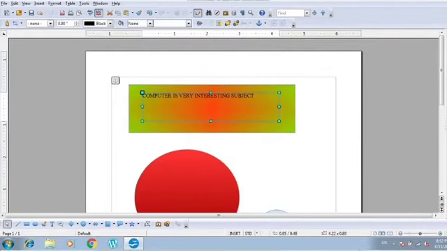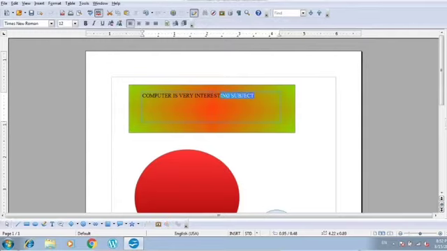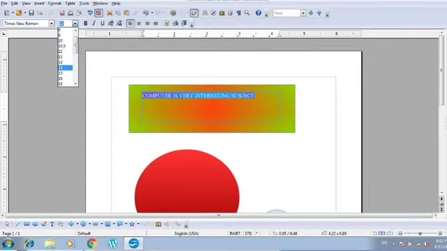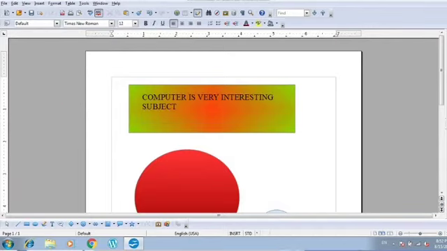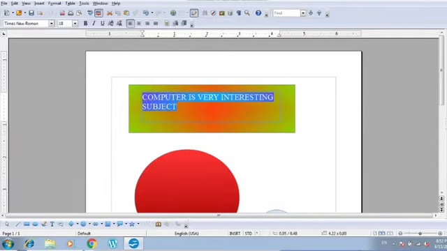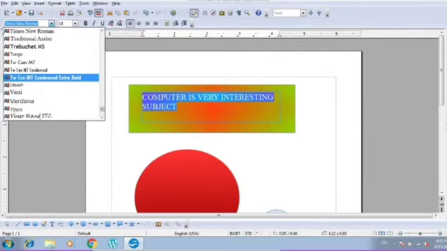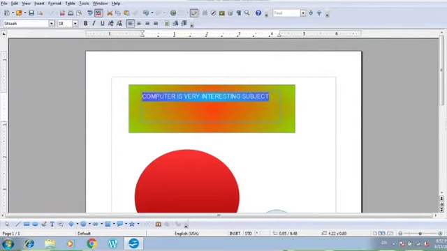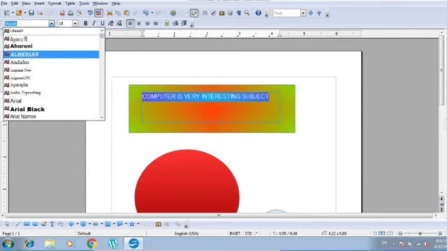For selecting you have to do a double click, and then you will be able to select the text. Go to the formatting toolbar and increase the size to whatever you like. Alright, and then you can do bold, italic, or change the style of writing as well, whatever you like. And then you can change the color also.